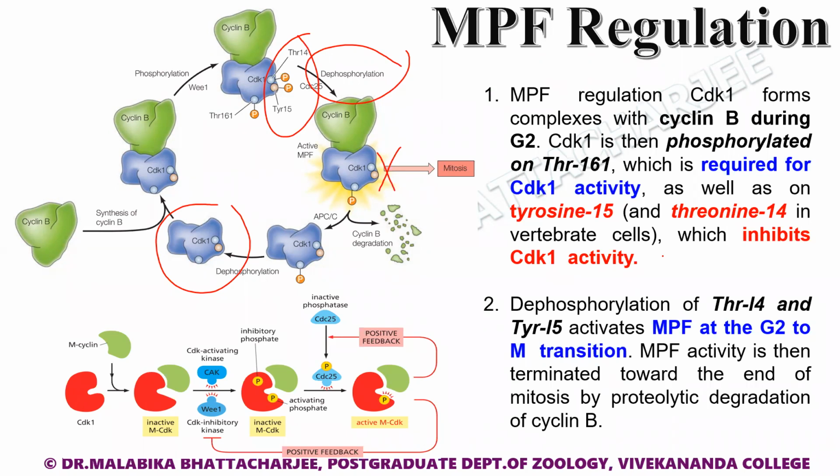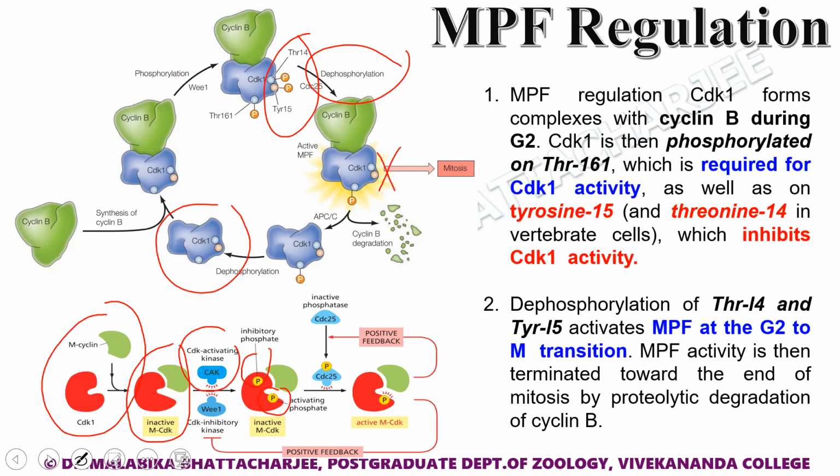This particular picture shows that in a very clear manner. You see that mitotic cyclin binds with CDK1. The moment mitotic cyclin binds with CDK1, we do not have an immediately active MPF. What happens? There is a kinase which induces phosphorylation. So we have three phosphorylations. In this picture, the inhibitory phosphorylation has been shown as one. So we have an activating phosphorylation and we have an inhibiting phosphorylation. In this condition also, as you can see, the mitotic Cdk is inactive, even though it has paired with its